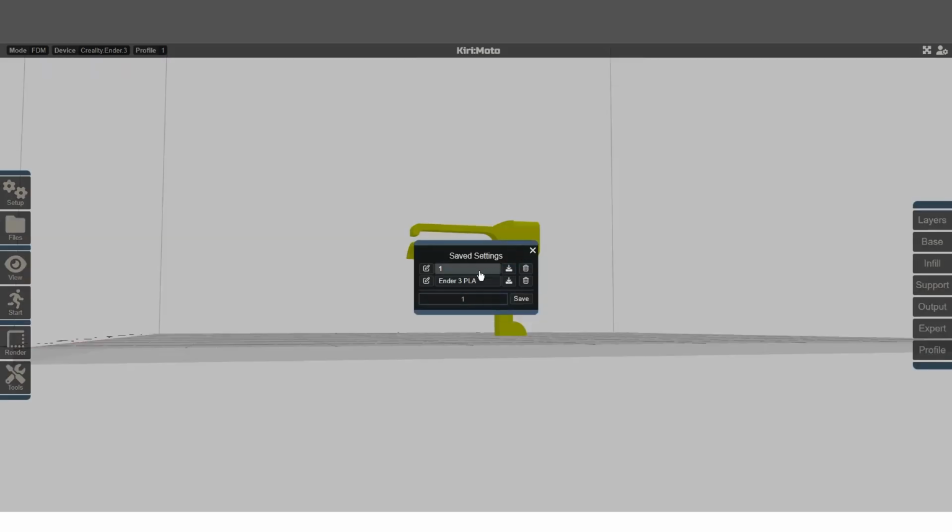Finally, with Profile, there is the possibility to save the parameters we have just created. Here, I had already created a bunch of them, but in this case I will choose a name, for example 2, and click Save.